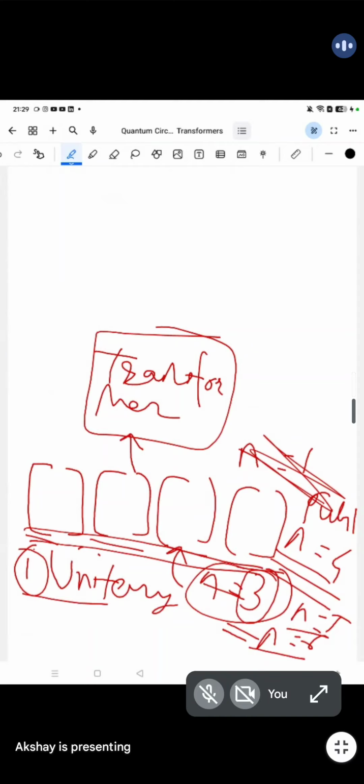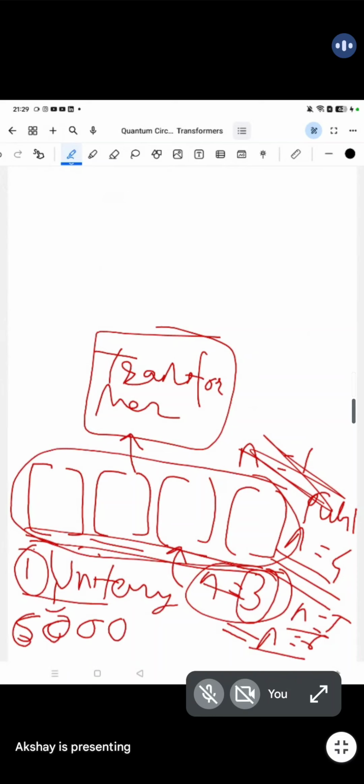You've got your unitaries. So what is the number of these unitaries? It will be 50,000 or 60,000. For the MNIST data set, it will be 60,000 unitaries that map from the qubit input state to your output state. The code for that is provided. So these 60,000 unitaries are already found in the code for the MNIST data set. Now